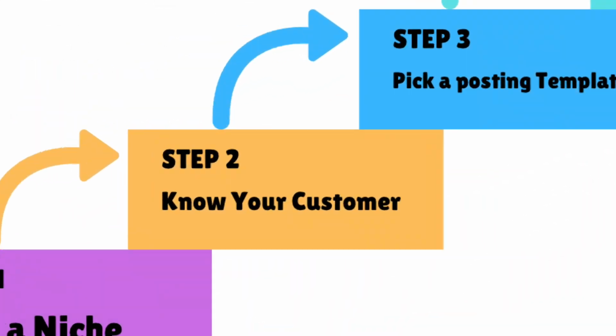So I want to believe that by now you've picked your niche. If you want to be a faceless brand, a person-led brand, a people-led brand, or you want to be a mix of everything, and what type of outfits you want to show on your social media. I want to believe that you've already picked something and you're breaking it down. So if you feel that you really don't want to pick a niche here, that's okay. You can post everything and anything that you feel. Just know that you'll be talking to everyone, and if you're talking to everyone, you're not talking to anybody specifically. Now that we've picked the niche that we want to focus on, the next step in this process is to know your customer.